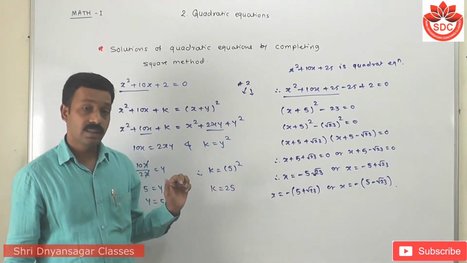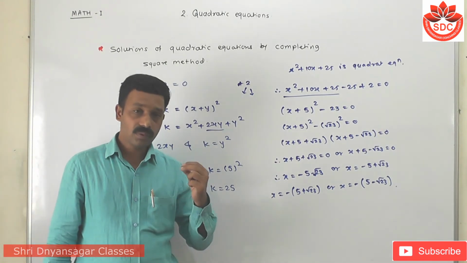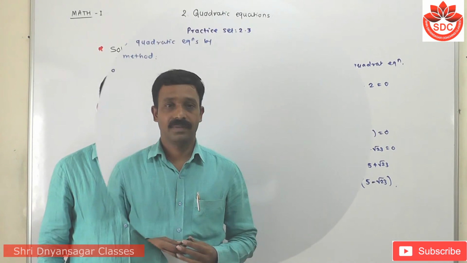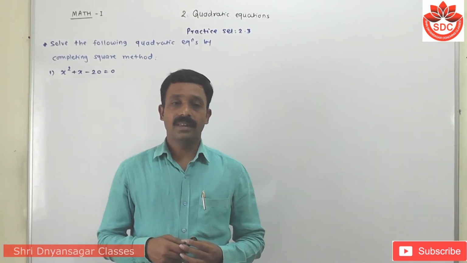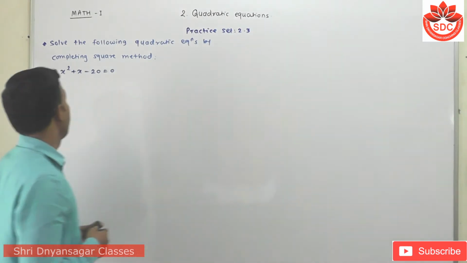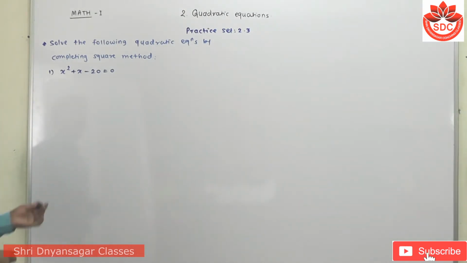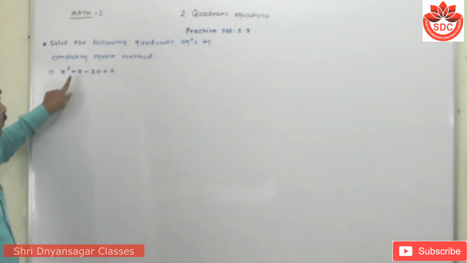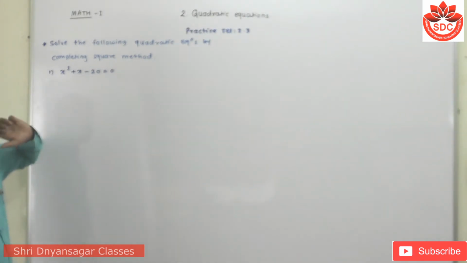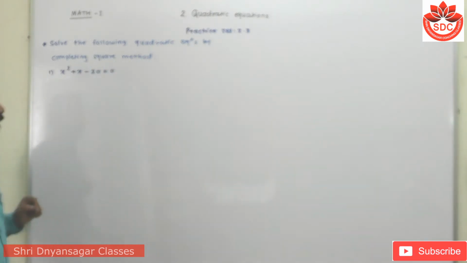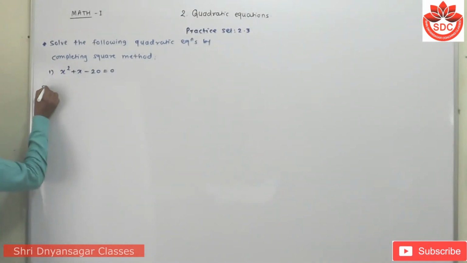Can you understand this? Okay, let's see the questions of practice set 2.3. The question is: solve the following quadratic equations by completing square method. The first example is x² + x - 20 = 0. We have to solve this example by using the completing square method. For this, the solution is